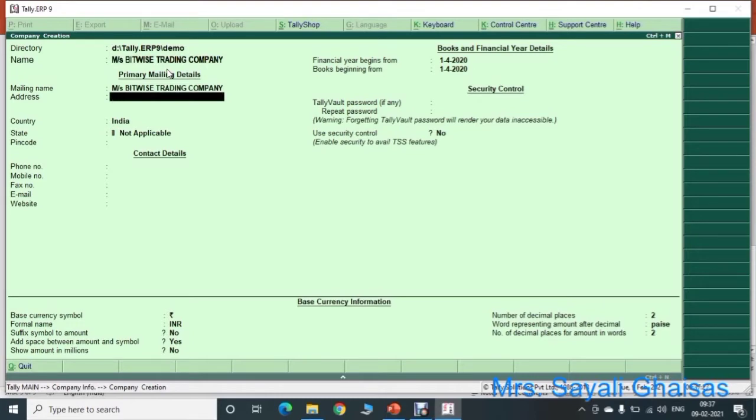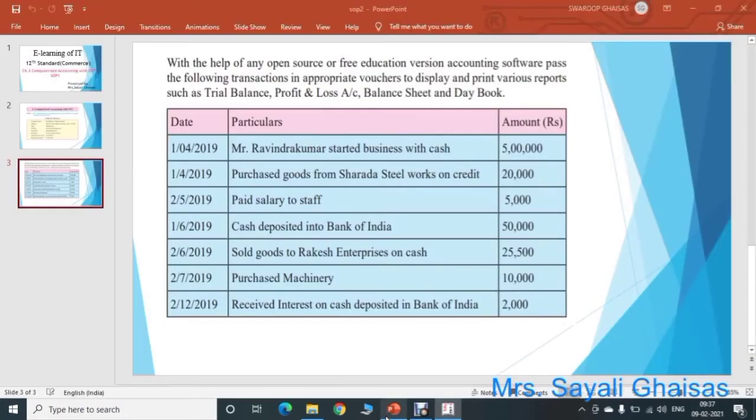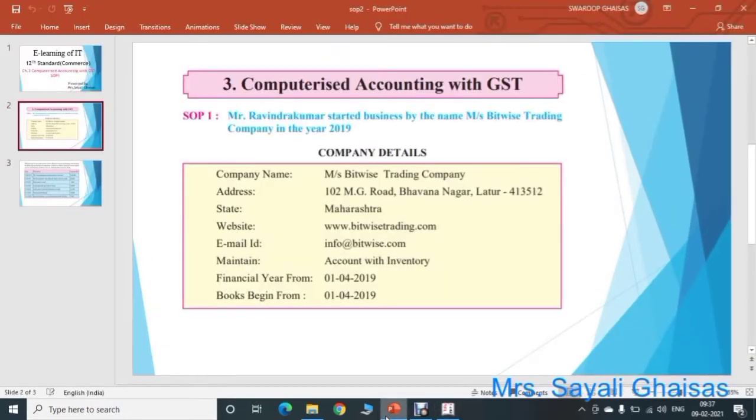Then address. Here see the details that they have provided for the company: 102 MG Road, Bhavna Nagar, Latur, 413512.